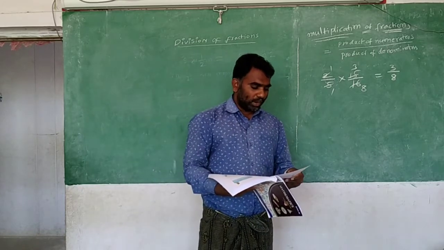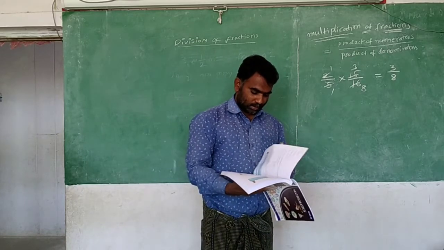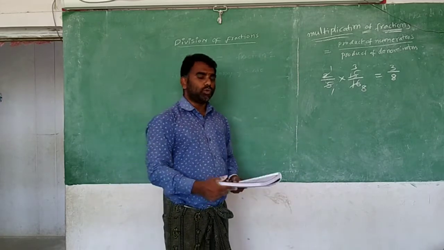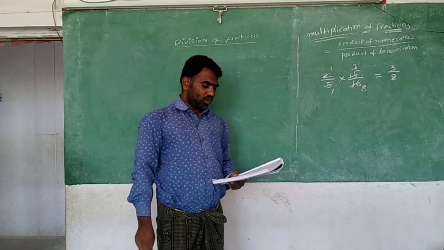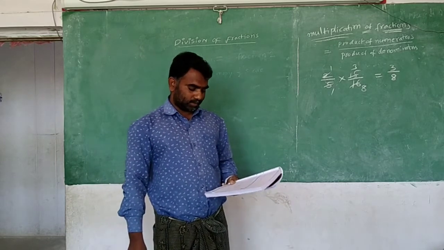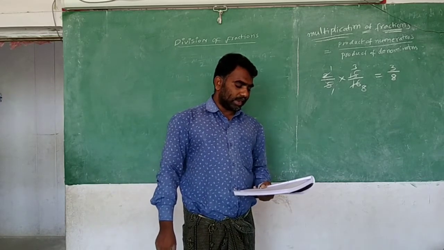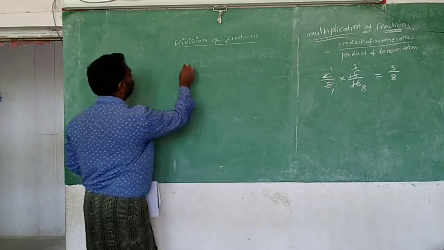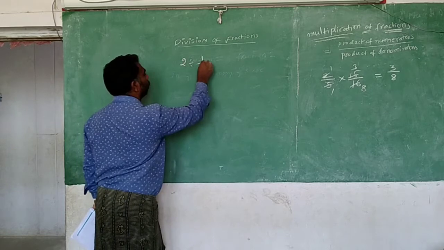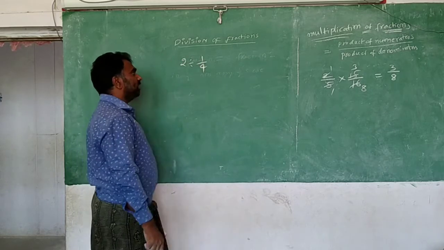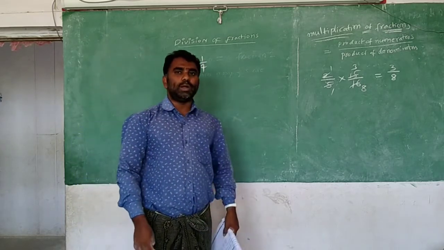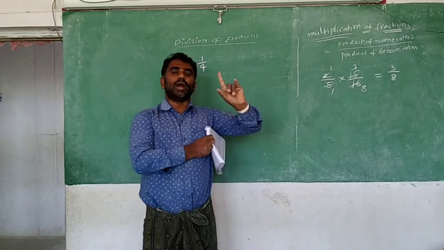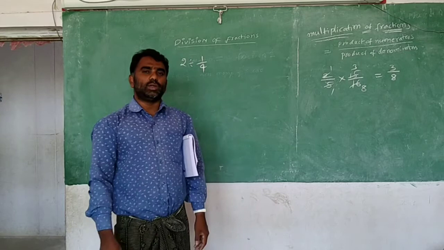Now I am going to write some questions here. One example from every Do This I will do, and you need to do the rest. First of all, we will go to page number 39. Page number 39. So the first question is 2 divided by 1 by 4. This is a picturization method you can do, but picturization is not always possible. That's why follow the common method I explained to you.